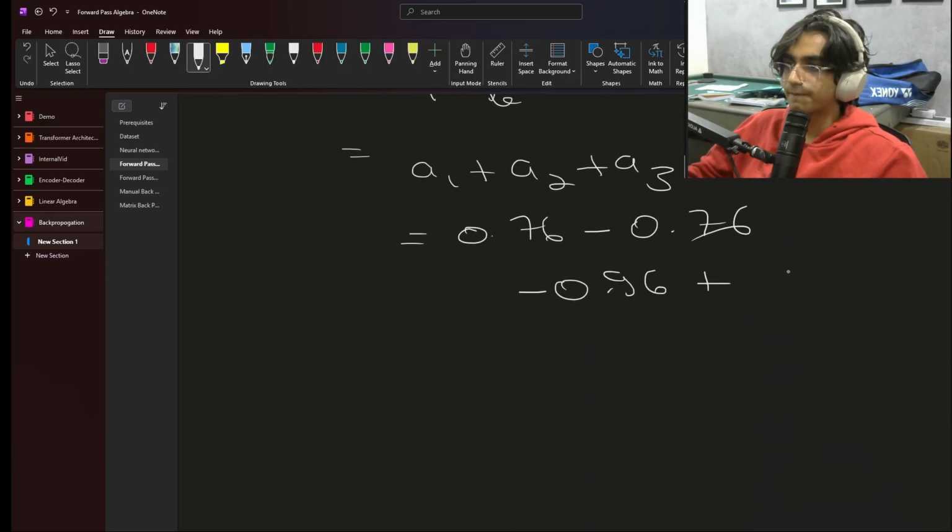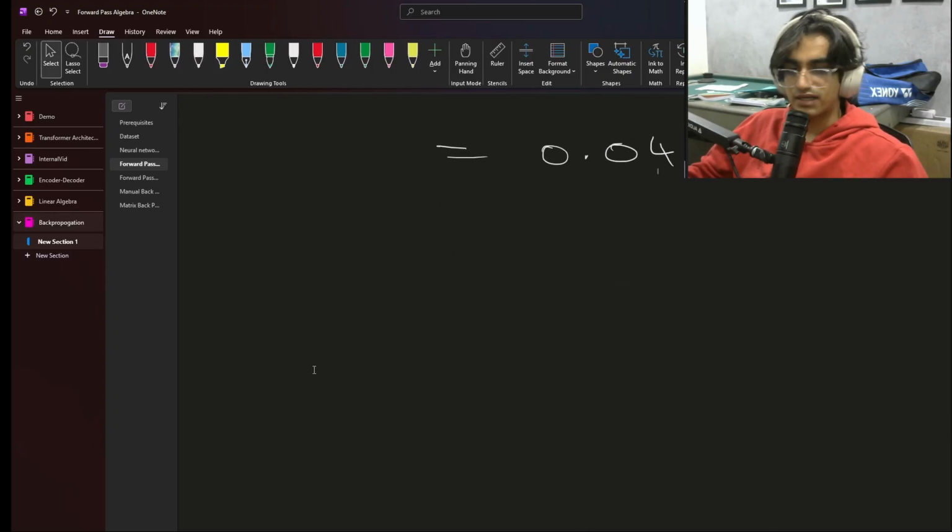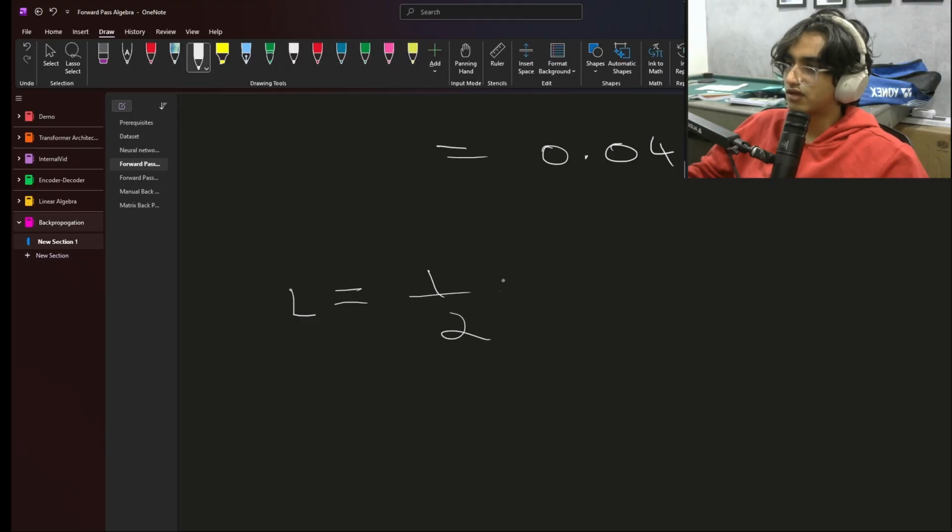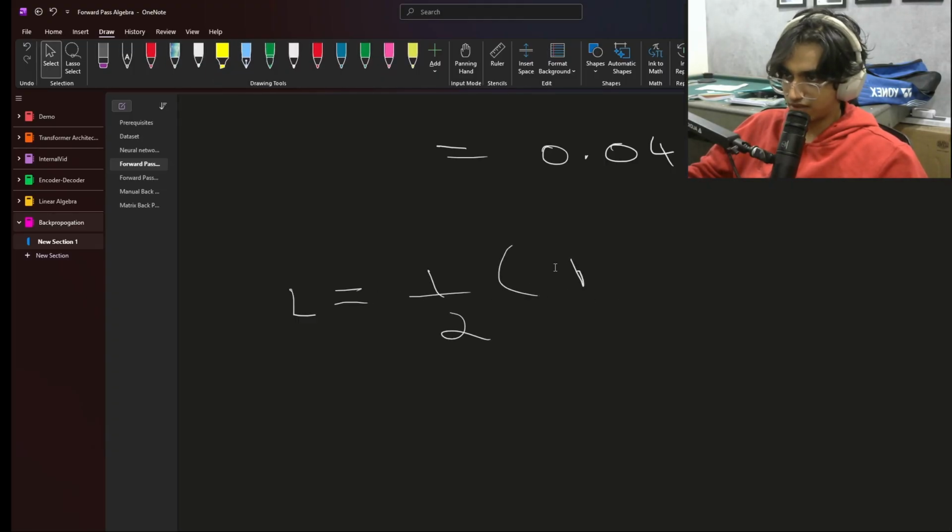So plus 1. So our y cap is going to be 0.04. After that, we'll calculate our loss. Our loss is equal to half of our original y, which is 1, minus y cap. So our y cap is 0.04